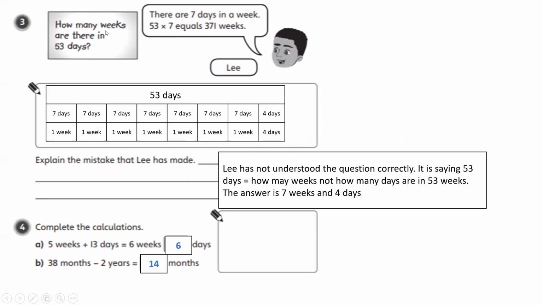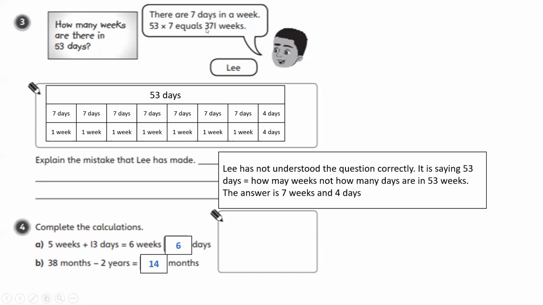Right, question 3. How many weeks are there in 53 days? So this way we're going to convert days now into weeks and days. So there are 7 days in a week, so 53 times 7 equals 375 weeks. Oh dear, I think Lee has got confused. He's not read that question carefully. He's not saying how many days are in 53 weeks, which is what he's doing. He's done 53 times 7. He's doing 53 weeks, and there most probably is